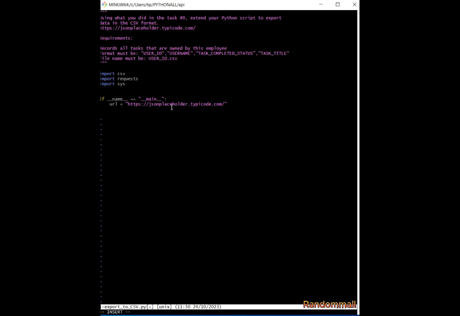So here we've already defined the base URL. We are going to be doing this inside the main. So we start by getting the user ID from the command line arguments provided to the script. So we just say user ID. Then we fetch the user information from the API by passing the base URL and the user endpoint with the user ID. So we say user